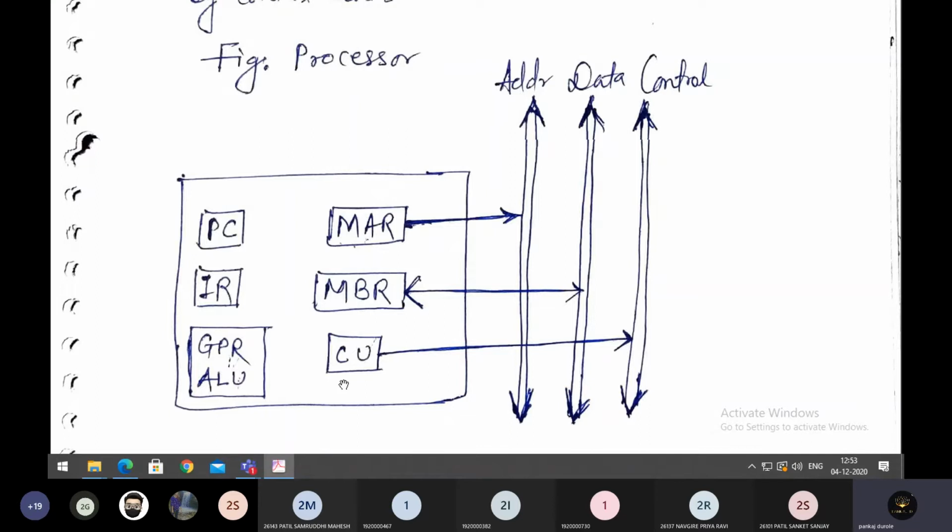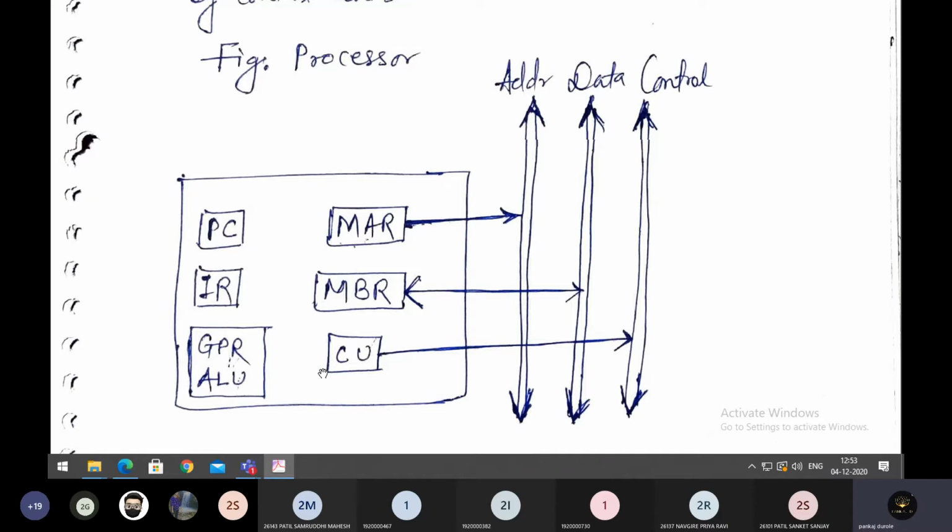Yes, the control unit generates the control signals, agreed. Apart from that, what does the control unit do? If I have an instruction add AL comma BL, what happens basically in executing that instruction? Fetching the instruction, decoding the instruction, and executing the instruction. These are the three basic steps for executing every single instruction.